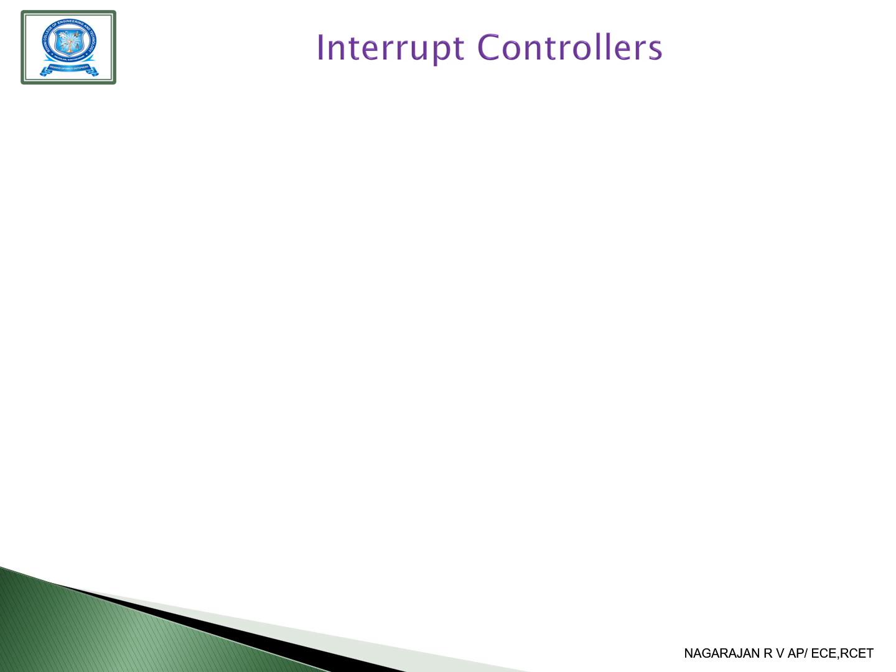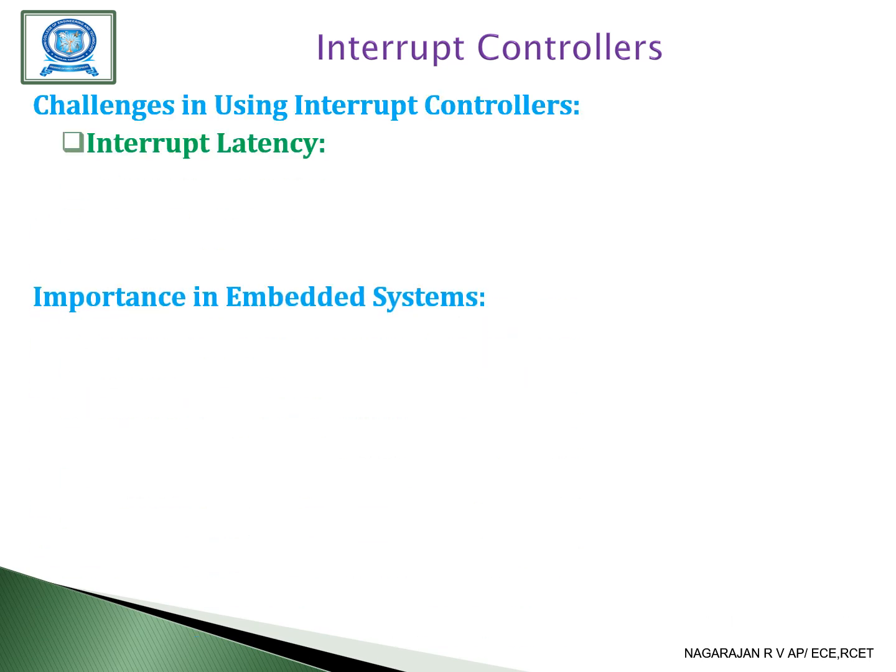Now, what are the challenges we face with interrupt controllers? The first one is interrupt latency. This is the time it takes for the CPU to respond to an interrupt, and it is a critical factor in real-time systems. Minimizing interrupt latency is essential to ensure that high priority tasks are not delayed. The next one is interrupt storms. Interrupt storms occur when the system is overwhelmed by too many interrupts in a short period,